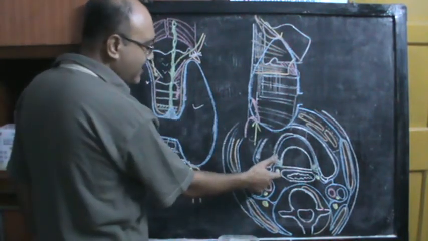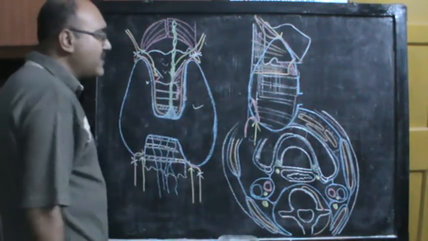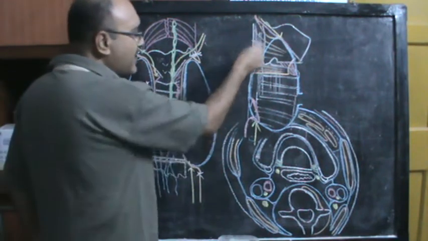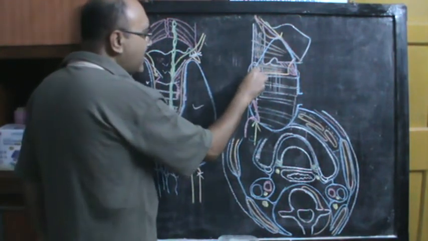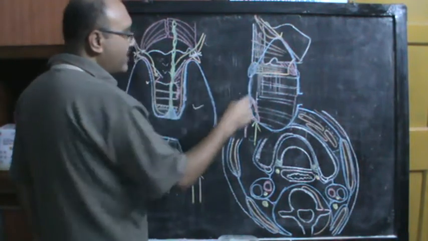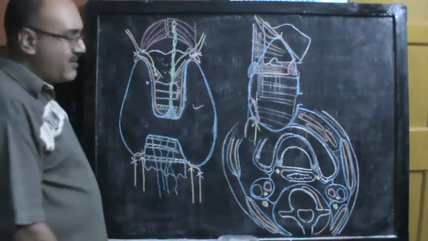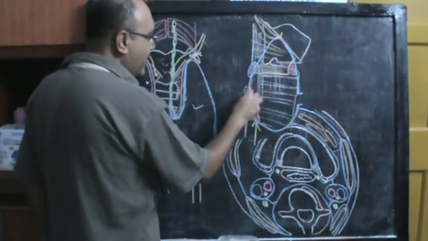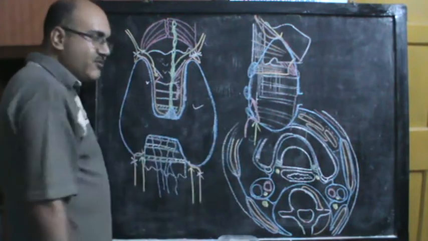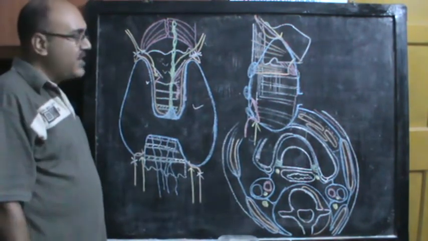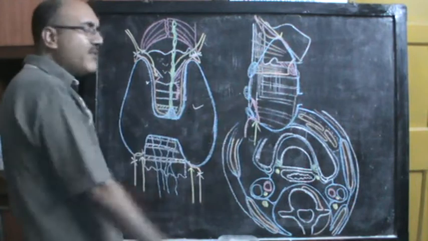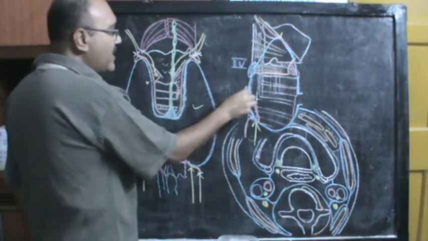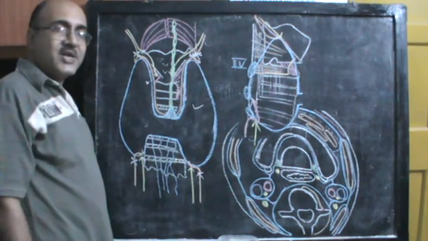You can see one of the nerves, and this posterior border of the thyroid gland, it is also related to the parathyroid glands. Now the superior parathyroid gland is found roughly at the middle of the posterior border, but the inferior parathyroid gland could be anywhere. It could be close to the lower pole, it could be midway, it could drop down, and it could go even up to the superior mediastinum, because the superior parathyroid is developed from the 4th pharyngeal pouch, so it is called parathyroid 4, and the inferior parathyroid gland is developed from the 3rd pharyngeal pouch.